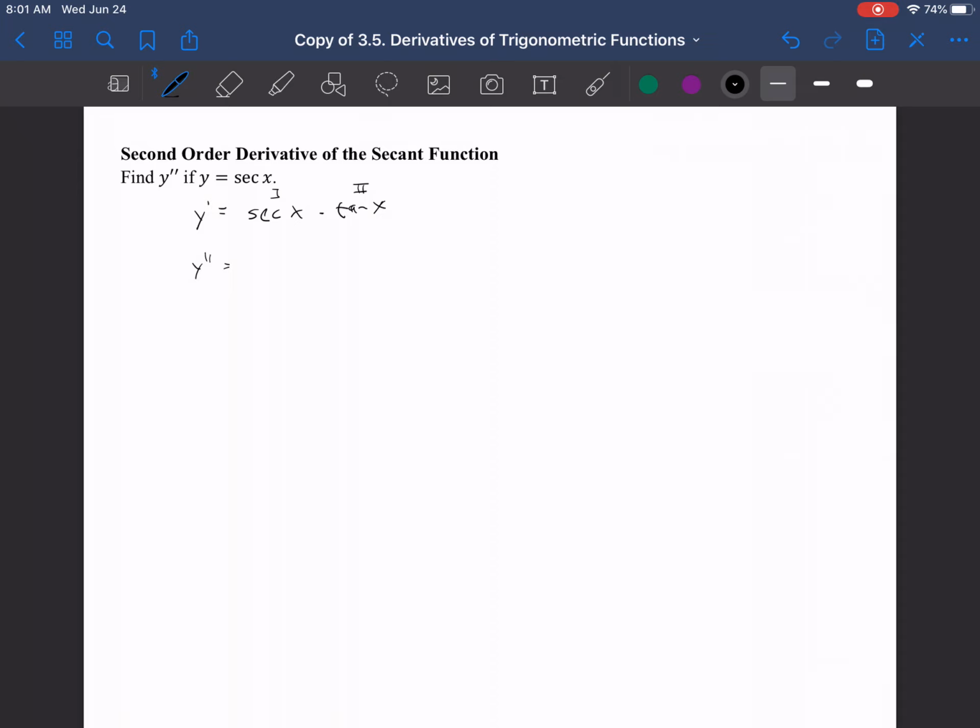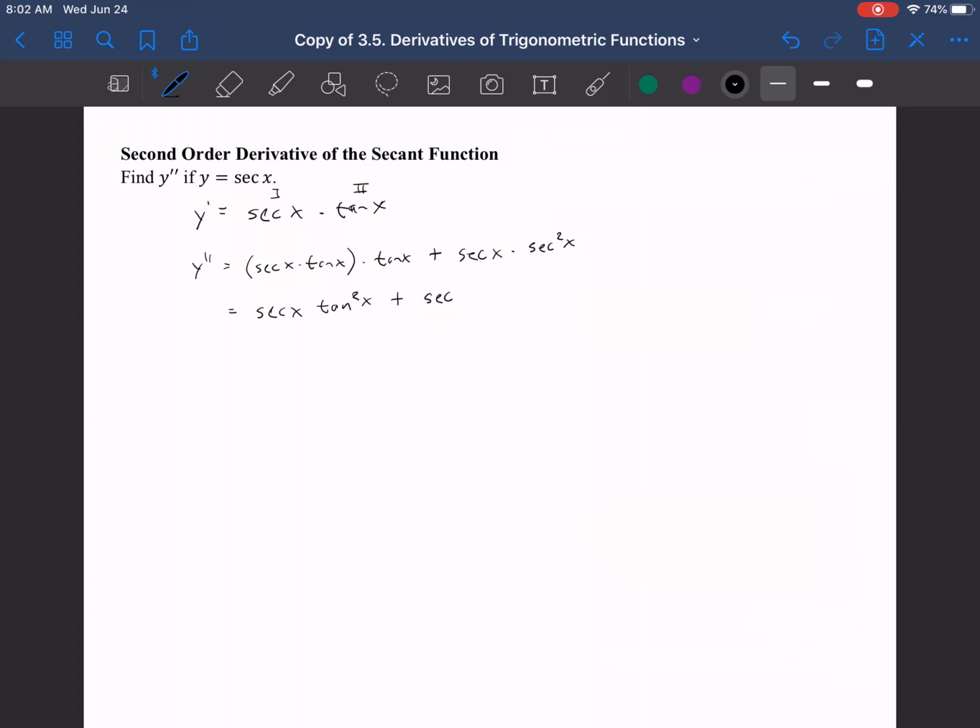Well, the derivative of secant is secant tangent, times the second function, plus the first function, secant, times the derivative of the second function. Derivative of tangent is secant squared. And so what we'll end up with here is secant x times tangent squared x, that's the first term,